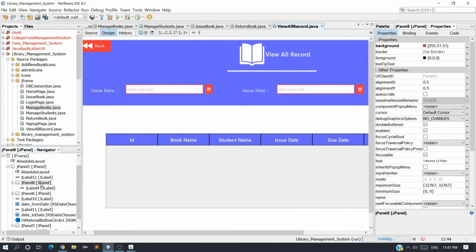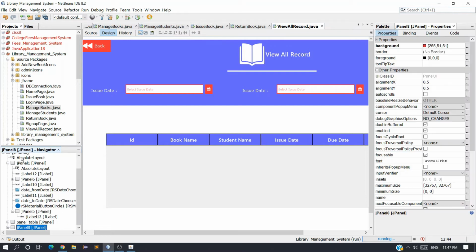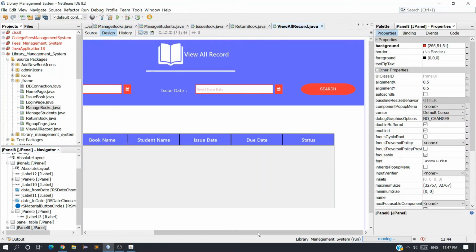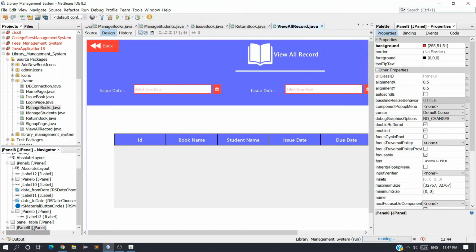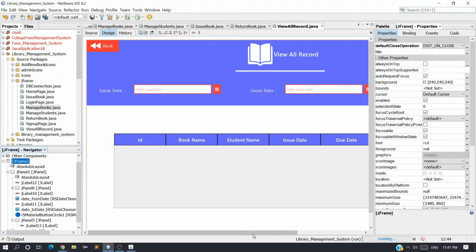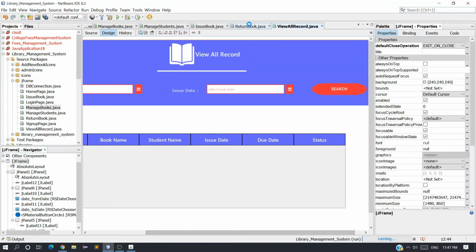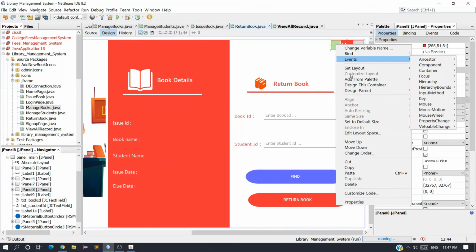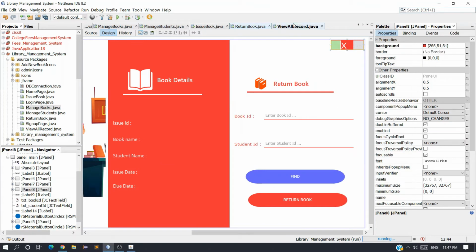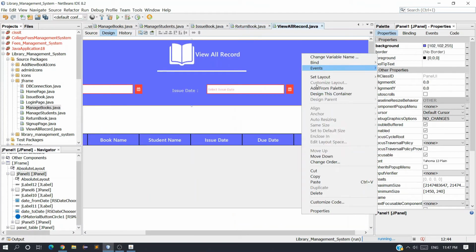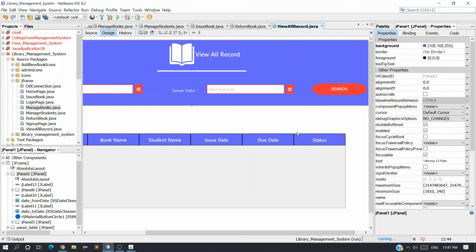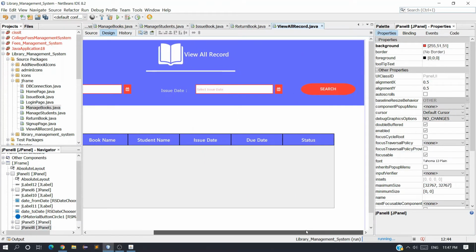Let me keep it inside this JFrame. Again in the JFrame we are not getting it, I don't know why. So let me delete this and copy and paste it again. Delete it and copy, come here and click on paste. This time also we are not getting our panel.